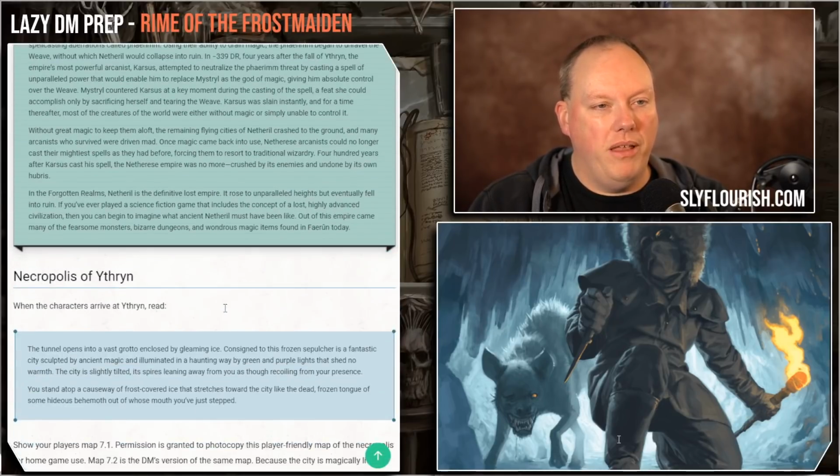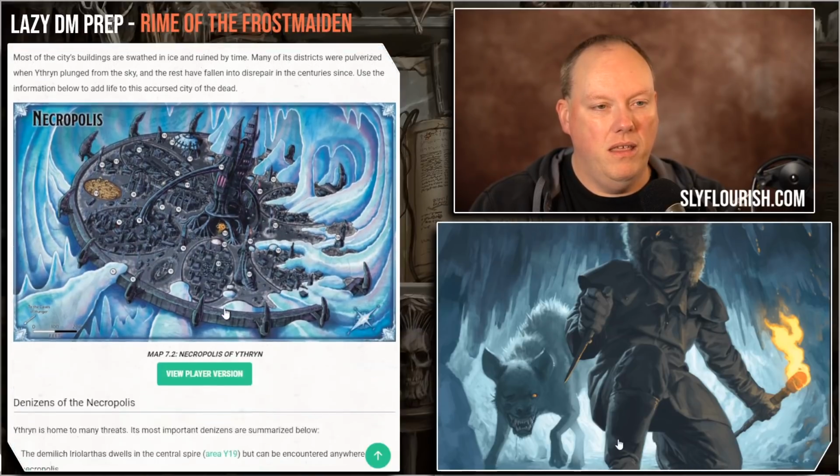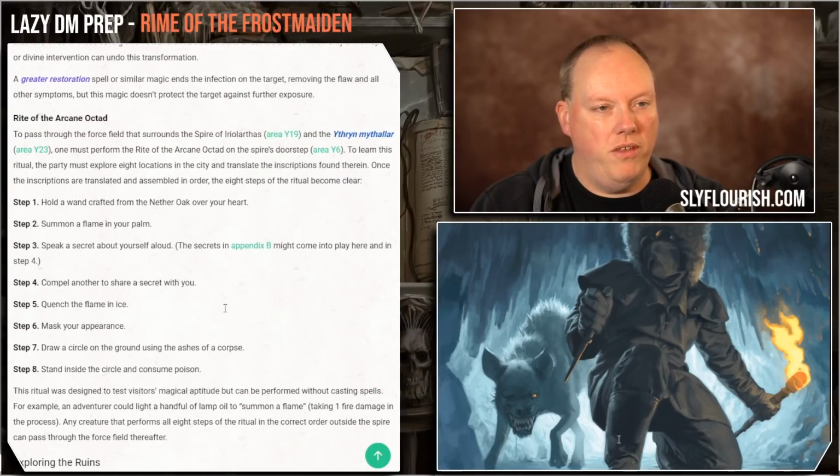Now that I'm really gumming, what I need to do is just sit on my couch, put on some music, grab another coffee, and read up the whole Yethrin section again and decide, maybe keep my notes nearby and say, what am I going to...